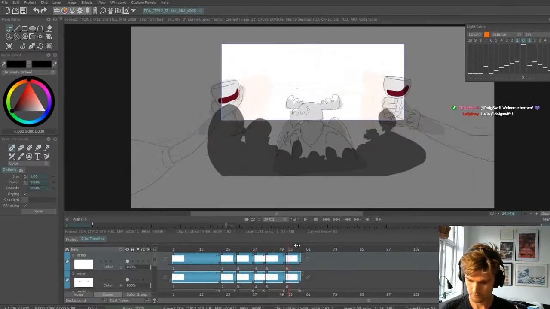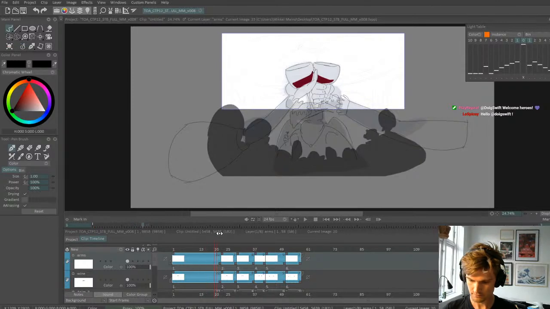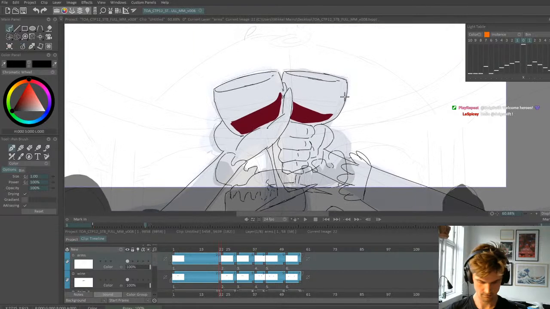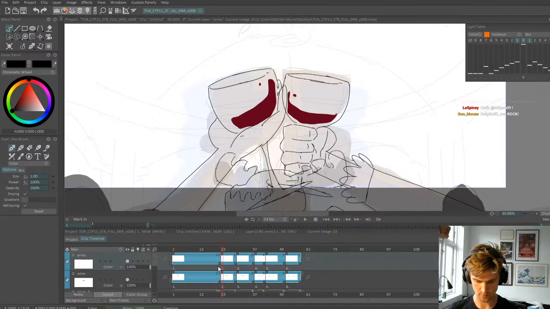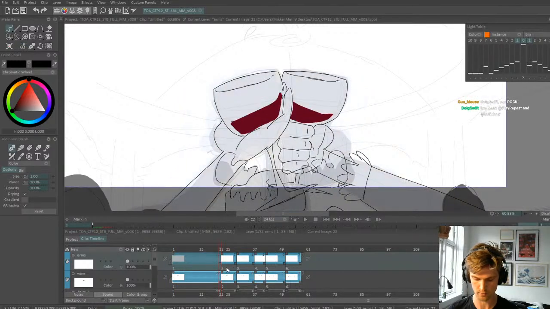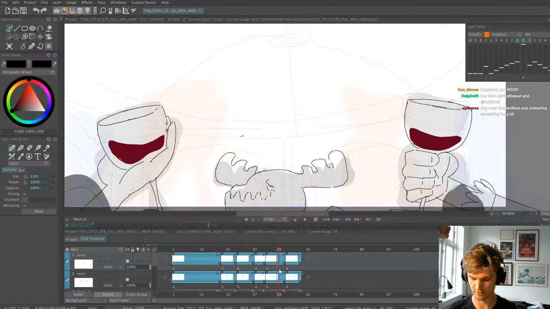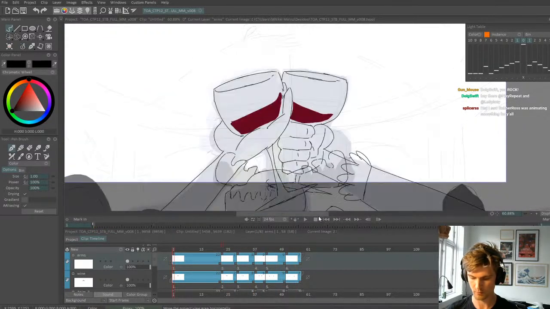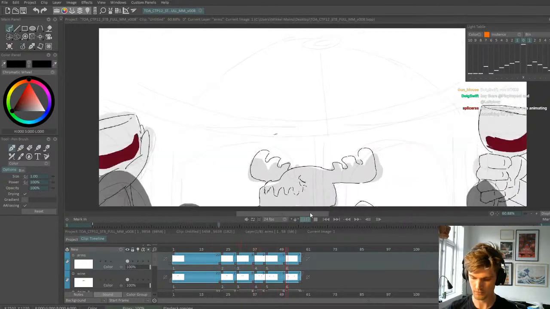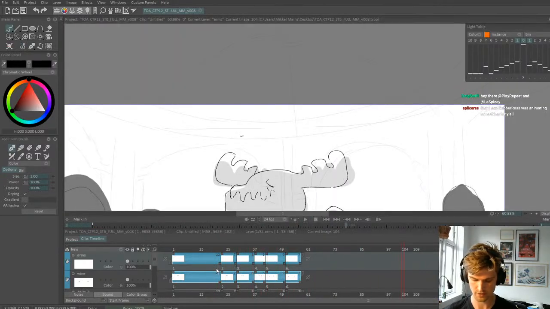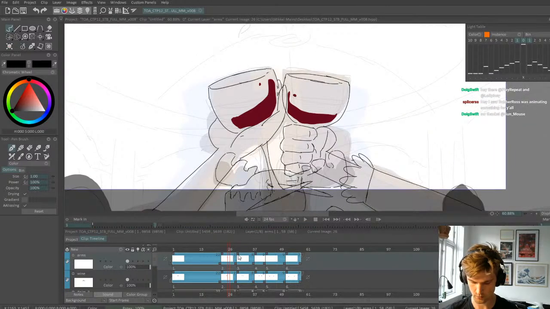Okay, so we have the splash here. As you can see down here on my timeline, the first one is 20. It's a hold for almost a second, like 22 frames, and then we have holds for 7, 8, 5, 9, and 7. I would like that to be a little bit more smooth, so it's not lacking so much in the animation. So the first thing I'm going to do is move a little bit on the timing. So we have one drawing that would probably be